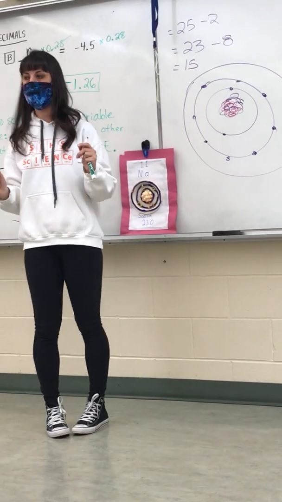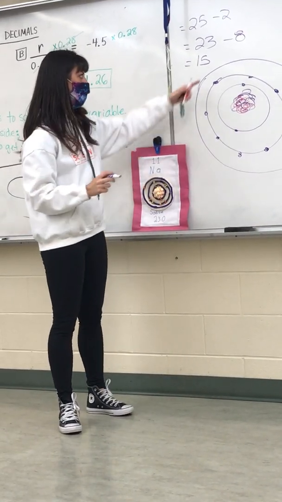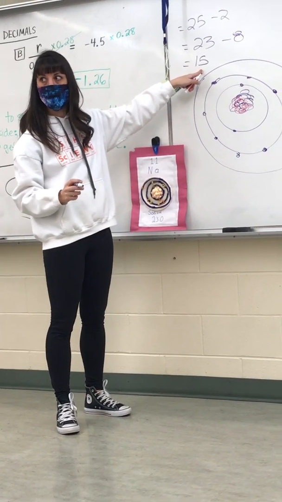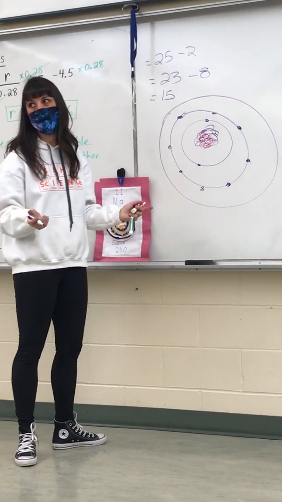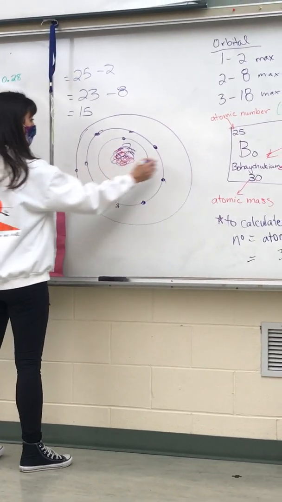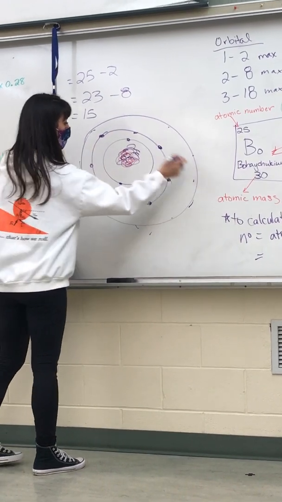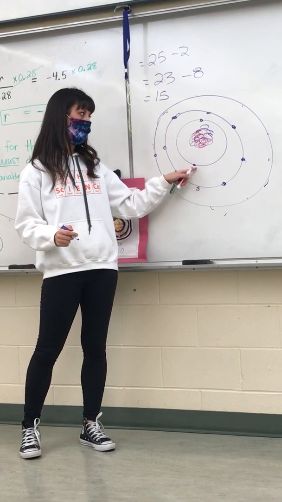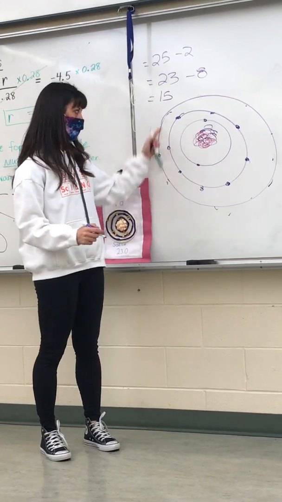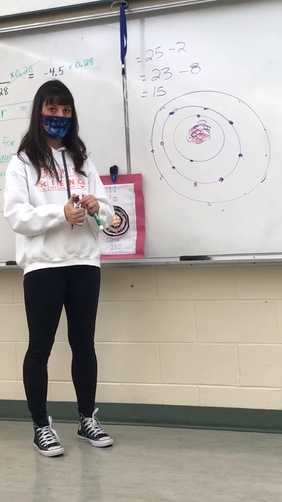What's the maximum I can have in orbital 3? 18. Is that going to work? Yes. So we've got 15, and the maximum is 18, so we're good. We still have 3 spare. So 1, 2, 3, 4, 5, 6, 7, 8, 9, 10, 11, 12, 13, 14, 15. So these are Fruit Loops. Those are marshmallows. The orbitals are the pipe cleaners. So before you grab your supplies,